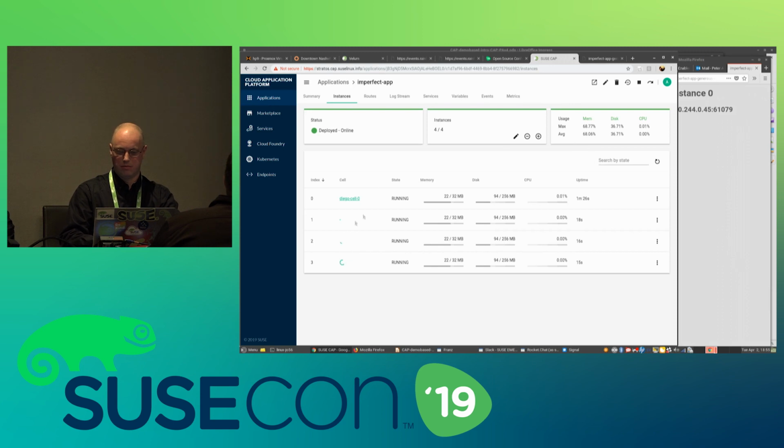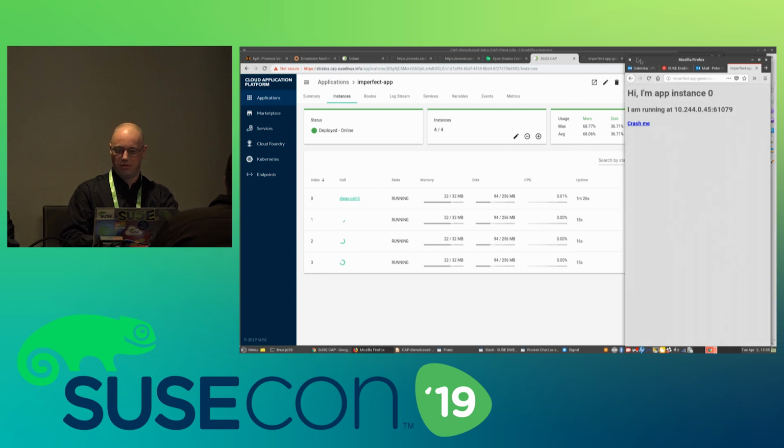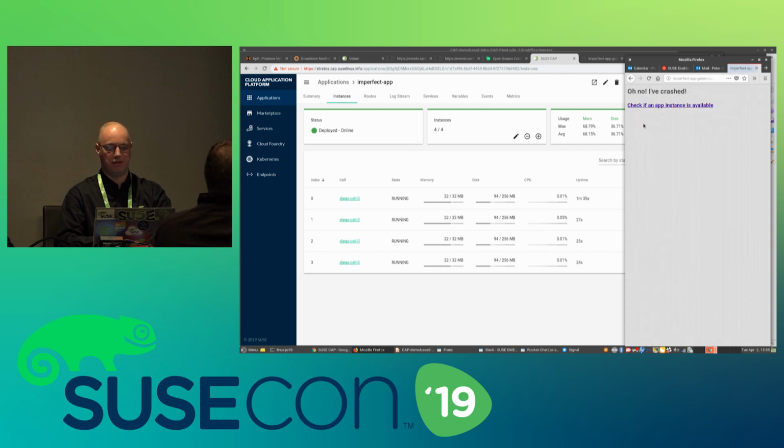If I reload here, you can see that I get connected to different instances every time I reload. And this application has a very nice feature: it can be crashed from inside the application. Just push the crash me button, and that instance will be crashed. So what I will do now is crash a couple of them and see what happens.